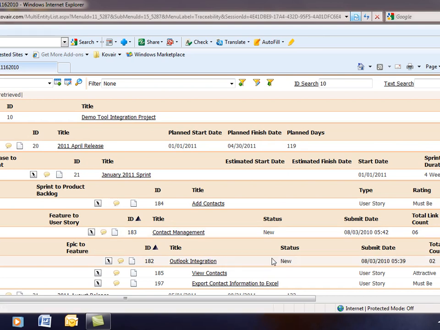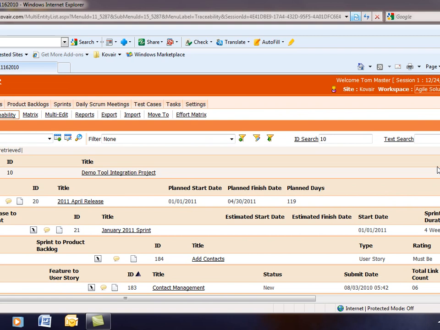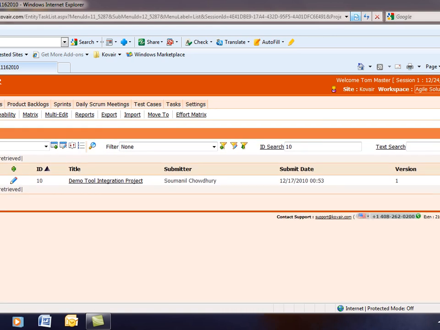So the traceability page allows you to trace back or trace forward to all the entity items that have been created linked to the corresponding artifacts, and this gives you a complete visibility of the project and the various items that get created as the project moves from the initiation to